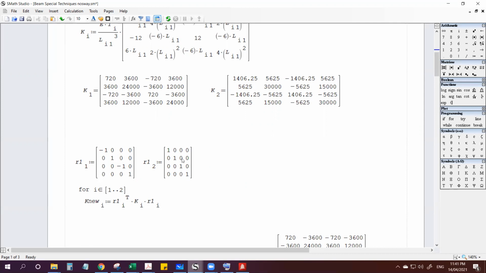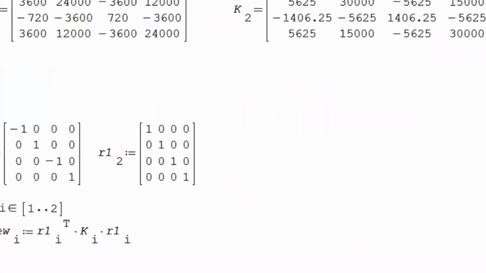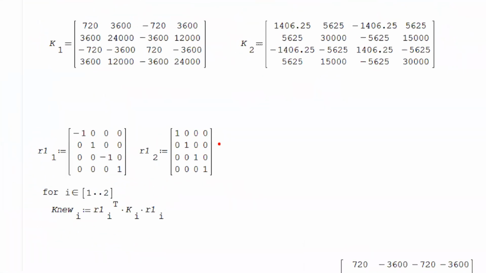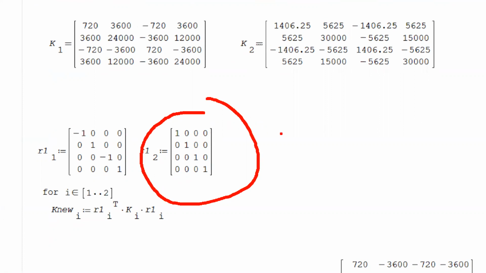For the horizontal beam, we need to of course do the same transformation matrix, but this is a diagonal matrix since there's no change in our beam stiffness matrix, because T transpose of a diagonal matrix is still the same, right? So we come up with the same stiffness matrix, and